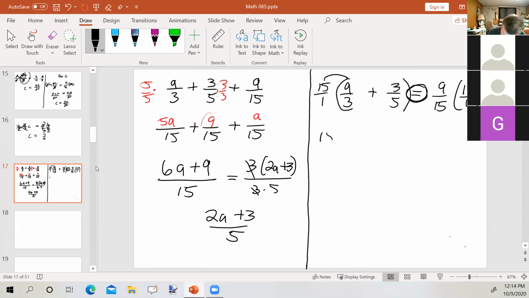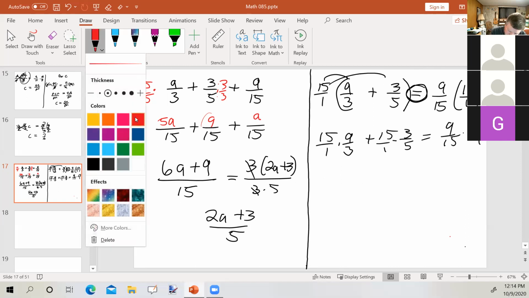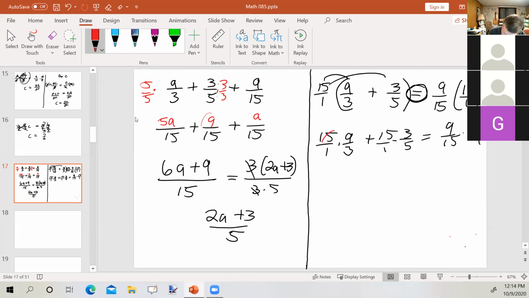So I get 15 times a over 3 plus 15 times 3 over 5 equals 9/15 times 15 over 1. 15 over 3 is 5 over 1. 15 over 5 is 3 over 1. 15 over 15 is 1 over 1. So I've got 5a plus 9 equals,